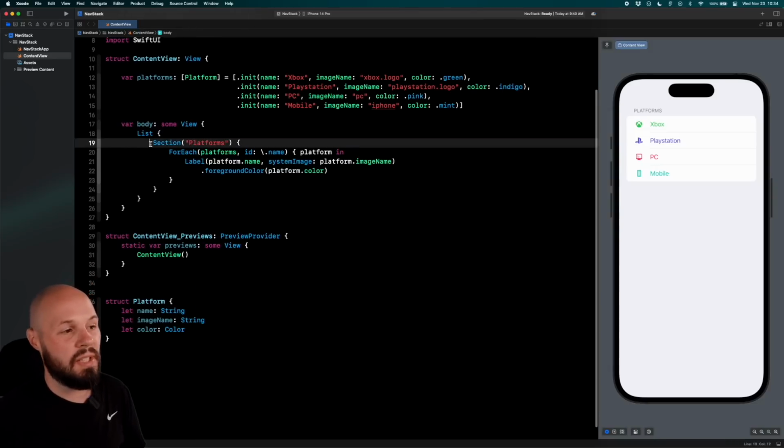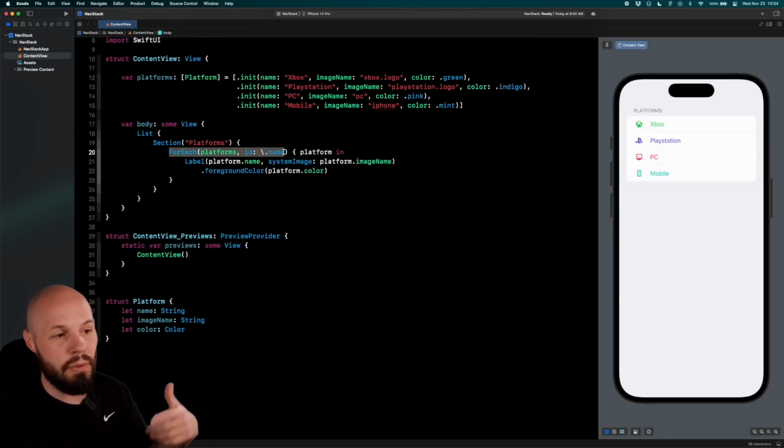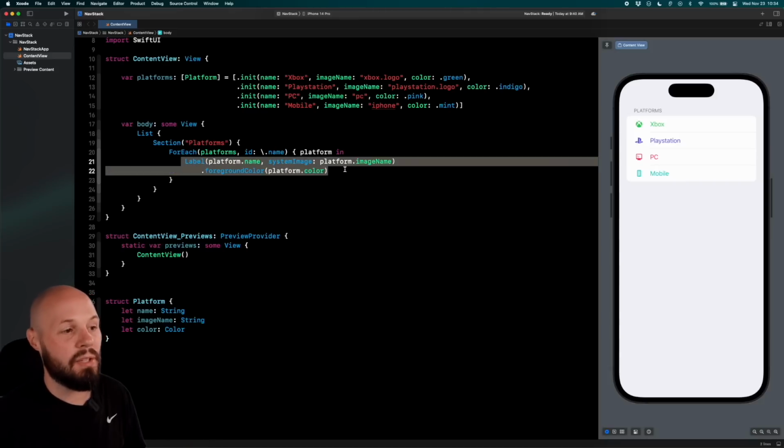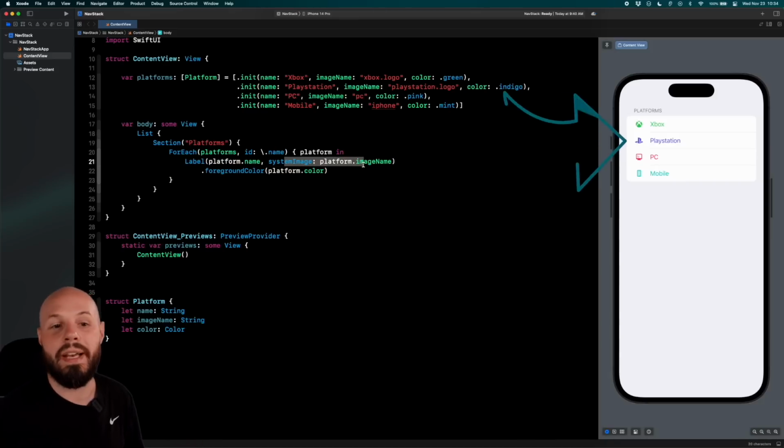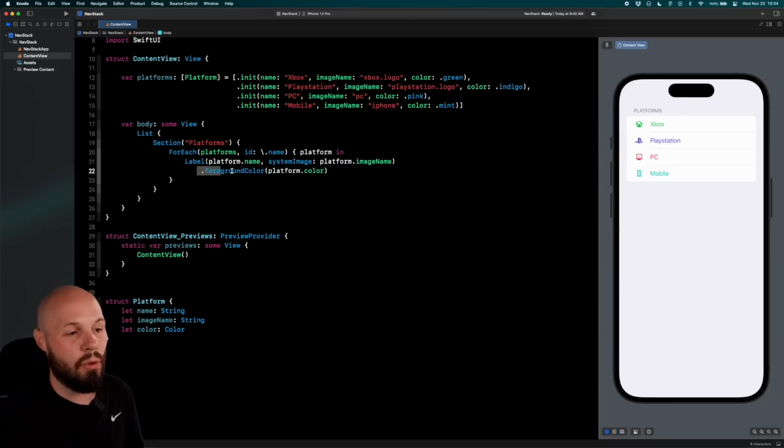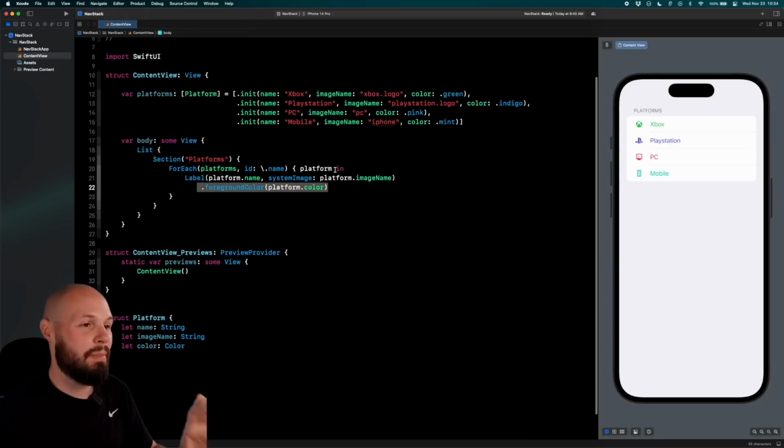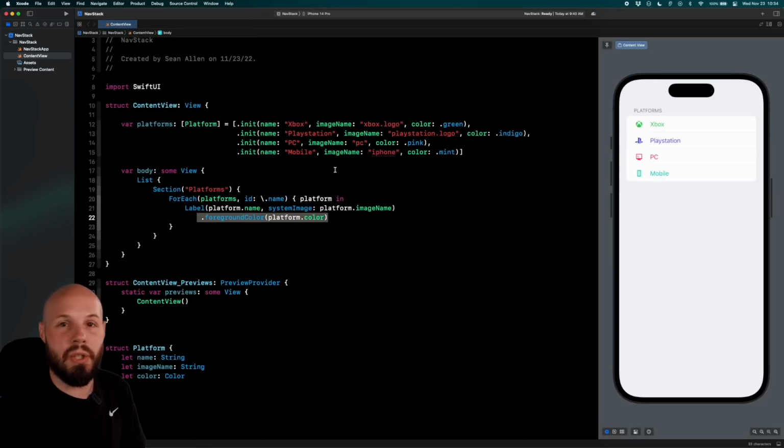Down here I have a list with a section header called platforms, the ForEach to go through each of those platforms, and we create a label based on the platform name and the system image, so that Xbox logo, PlayStation logo, those are SF Symbols. So we pass in the SF Symbol and give it a foreground color of whatever color we designated, right? Green for Xbox, etc. So that is the basic starter project that we're going to build upon to learn about